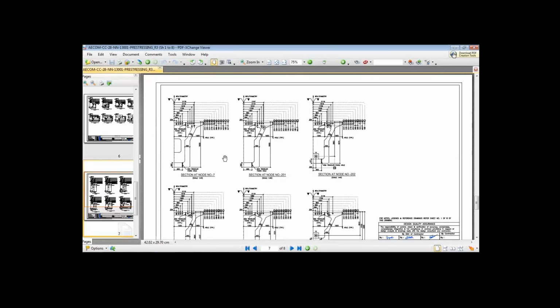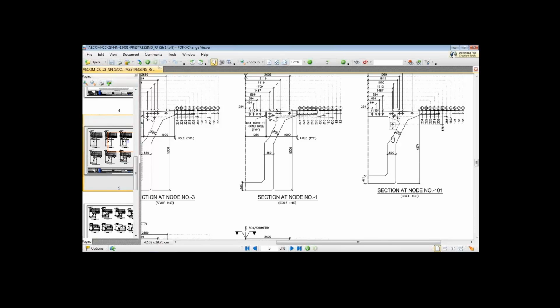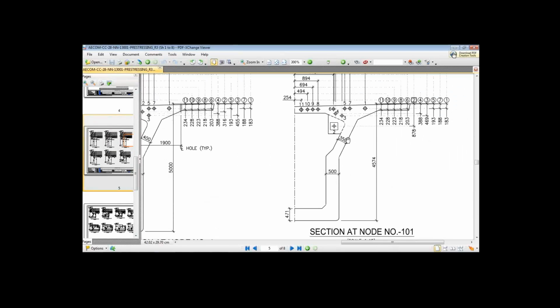While when we see the section of node number 101, the node number 101 is in the first span, in the end span, which is cast from the ground support staging. And we are anchoring this cable in the blister. Now when we see our structure, the end span is cast at one time, so this face is not available to us, not the web. So we have to take the cable down to the blister,